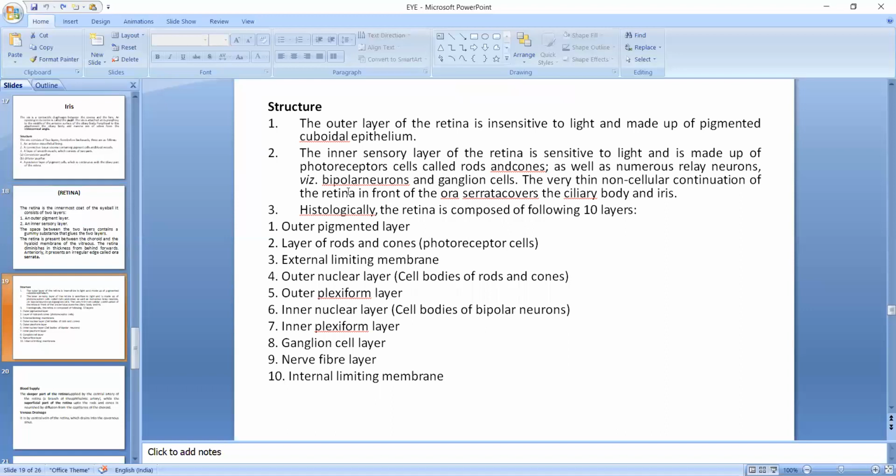Structure: the outer surface. Now we will